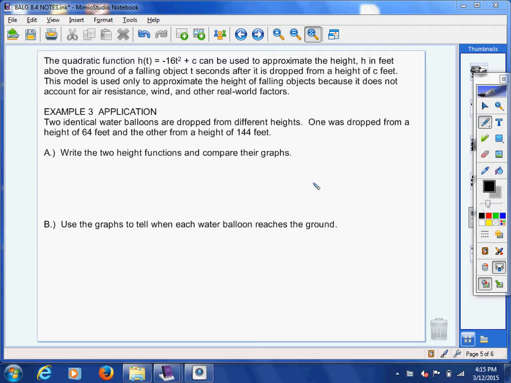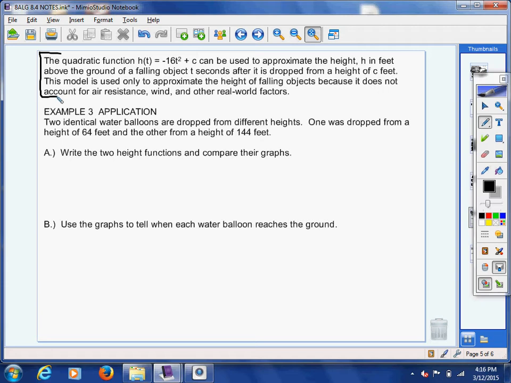Okay, welcome back. I'm going to read the top part of your notes here. The quadratic function h of t equals negative 16t squared plus c can be used to approximate the height. That's what h is. H is height in feet above the ground of a falling object, t seconds after it is dropped from a height of c. This model is used only to approximate the height of falling objects because it does not account for air resistance, wind, and other real-world